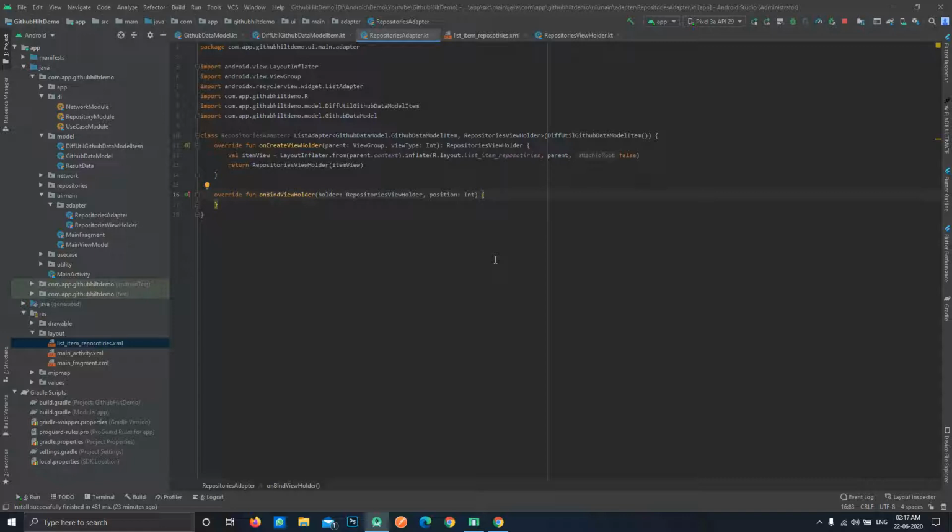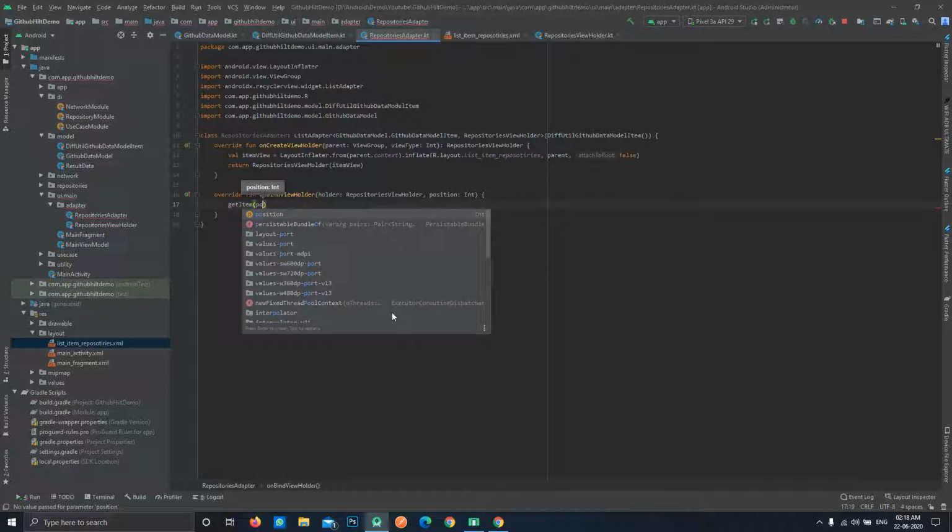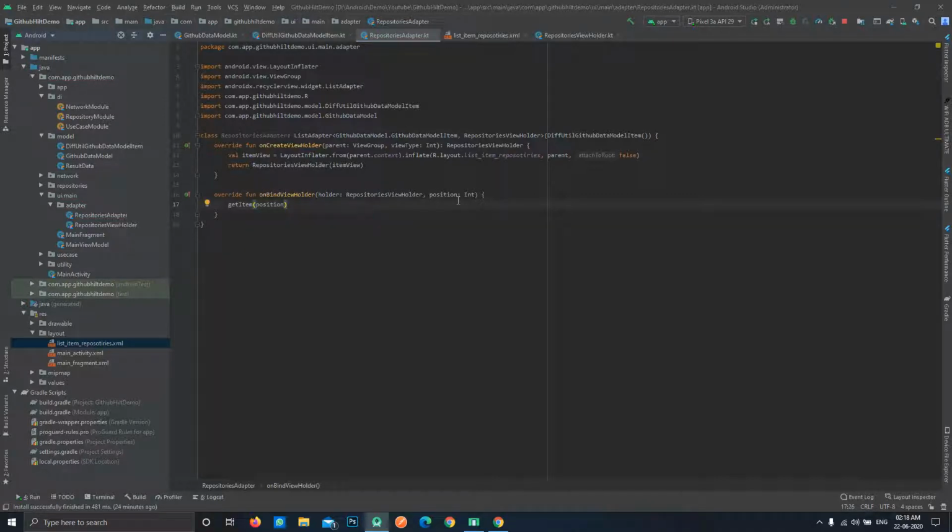It also has a function, get item, where you can pass the position and get that particular item at that position. To do that, you can simply use get item. You can see that it returns the GitHub data model item, that particular model item at that position of that list. So you can use this position that we are getting over here, and you will simply get the item.